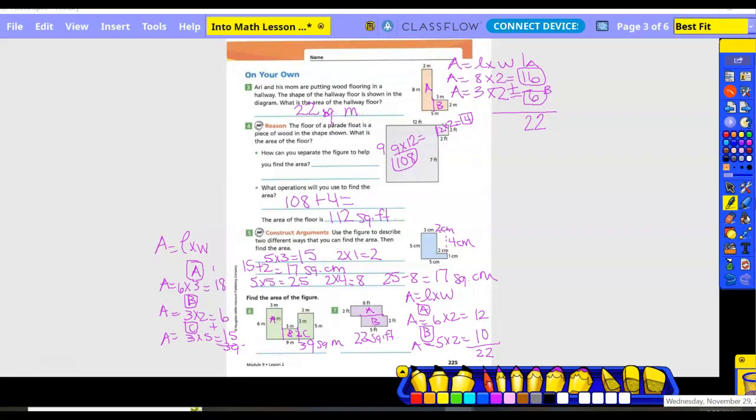Okay, so for number 7, we took and broke it into 2 boxes. We said A was 6 times 2, which was 12. B was 5 times 2, which was 10. And we add those together to get 22. So on the back side, we'll do that with small group or